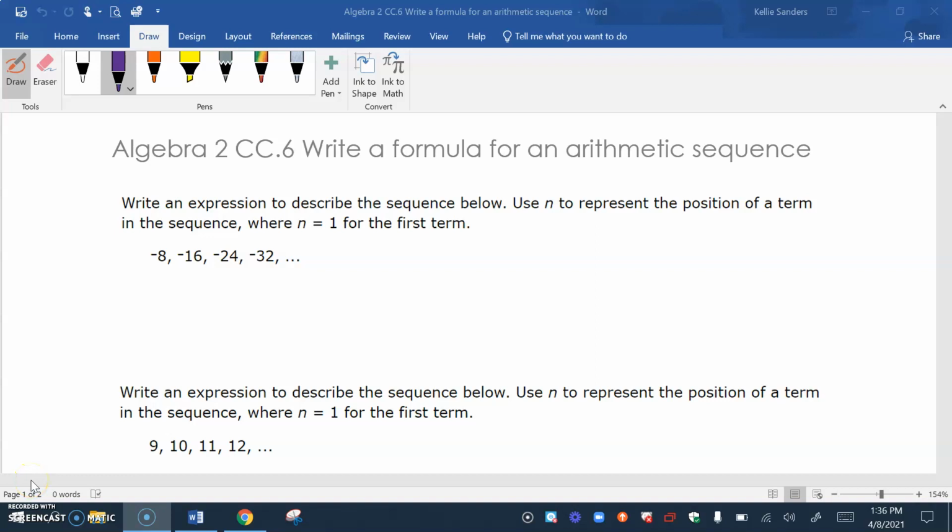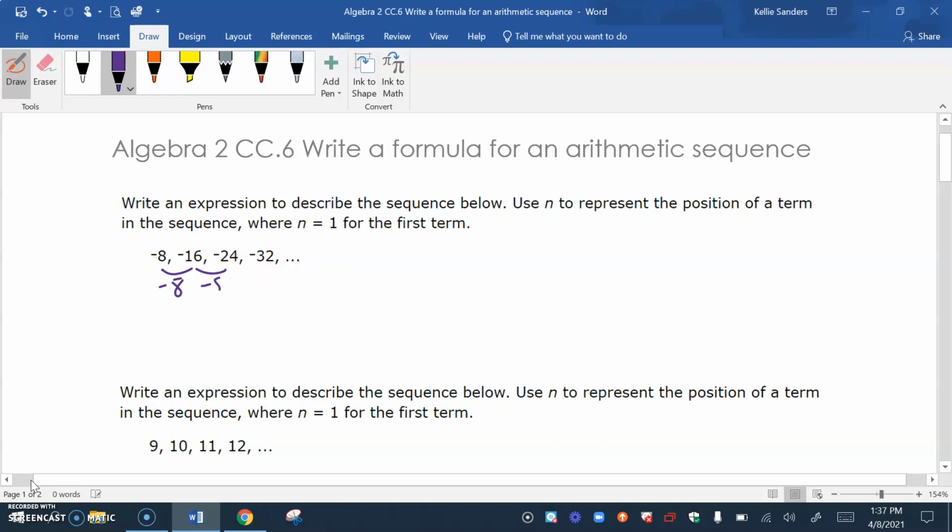CC6, write a formula for an arithmetic sequence. So arithmetic, they're going to be going up by the same amount every single time. Let's just see what we're going up or down by. So this right here, we would be going down -8, -8, and -8. But whatever you're going down by is what your first term is, then